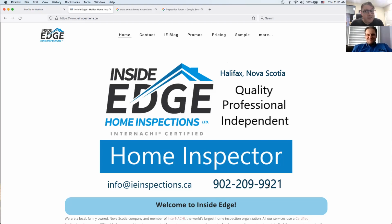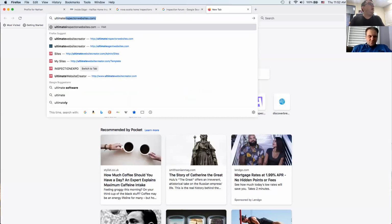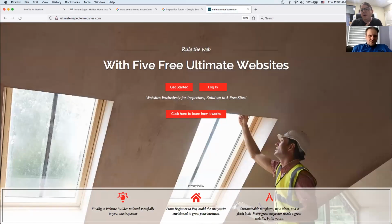Go to ultimatewebsitecreator.com, for instance. That's our website platform that we developed, and it's a free website builder and hosting. Or actually, there's one that's a specific thing that has templates for inspectors. I think it's called Ultimate Inspector Websites. Yeah, ultimateinspectorwebsites.com. You go there, you can take your entire website and you can literally just copy and paste it